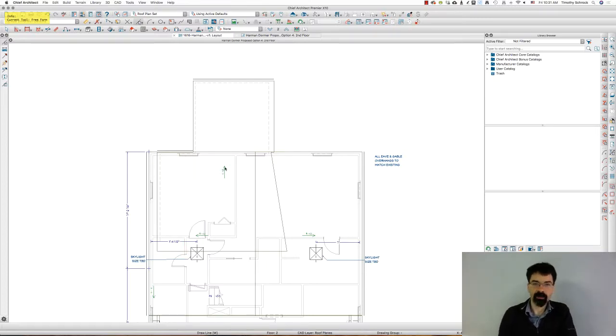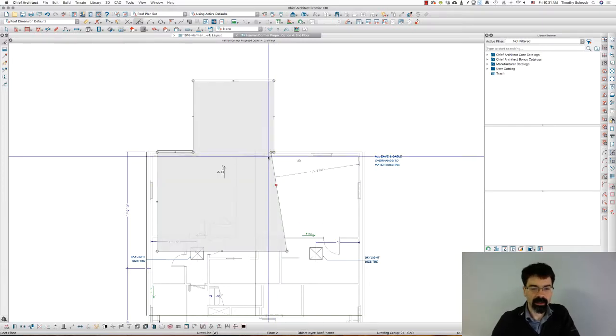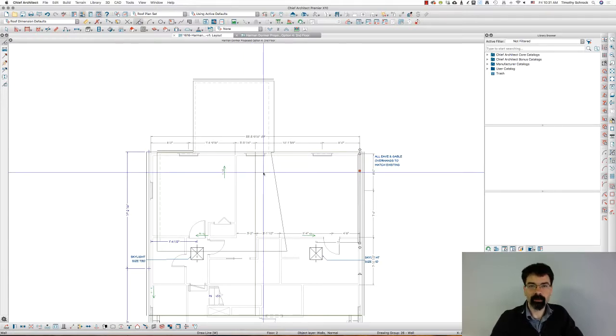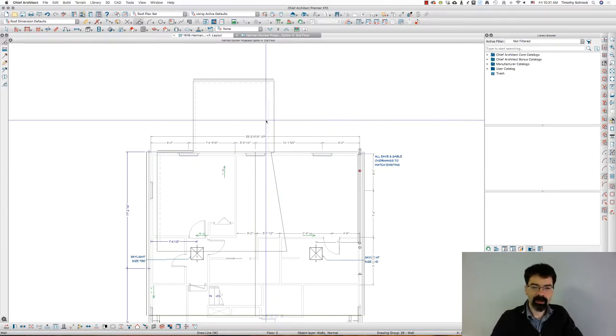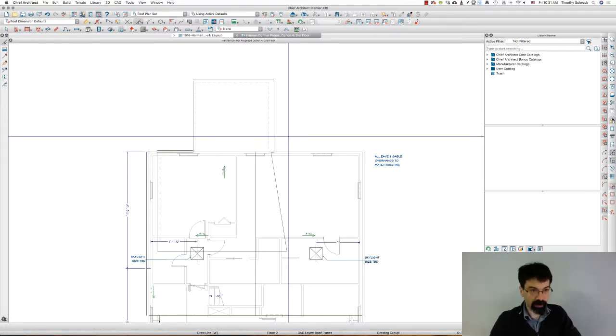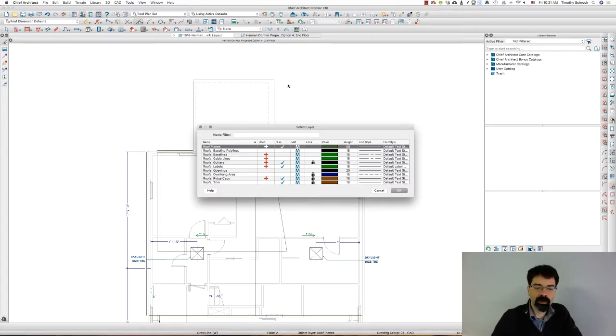But now in plan view, how do we want to show this roof plan appropriately? I don't want this to be a solid line as it's shown here, and I want the new roof really to be the primary visible line, and yet I don't want to get rid of this shed roof either. So here's what I do. I'm going to draw a line. Now, I do really think this is important